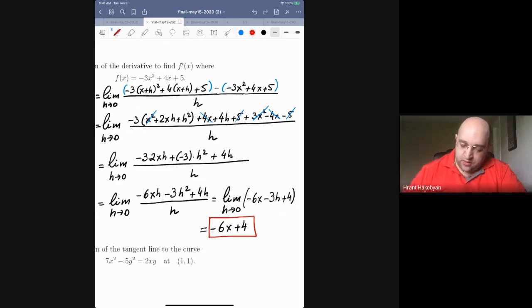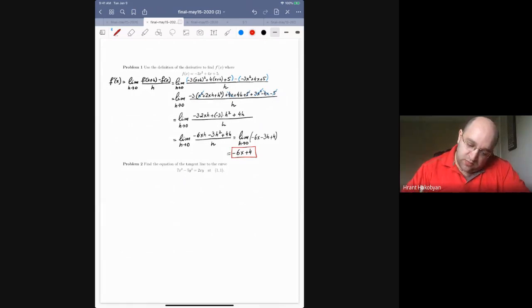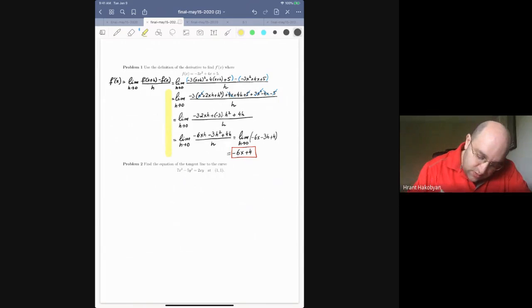Okay, so this is what we get using the definition. If we're not sure, we can check using our laws of differentiation. So let me just do it separately here. You don't have to do it, but this is for your convenience. So if I take the derivative of